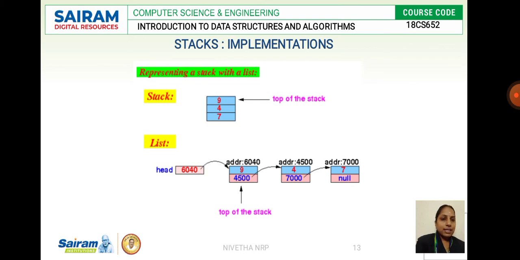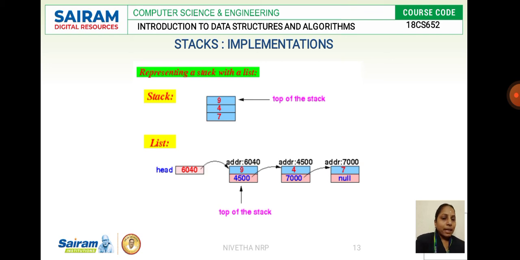The address of 9 is 6040. So what will we have at the head? The head indicates the address of the first element. 9 is the first element, and 6040 is its address, so it is represented in the head.